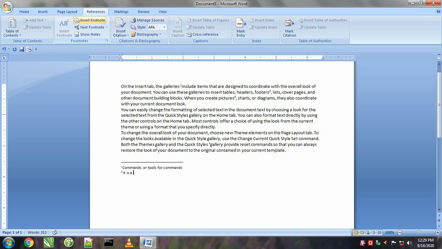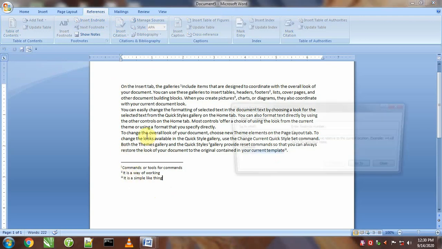It is a way of working. Now I will say template and insert endnote. It is a sample like thing. So these are the endnotes I put in this document.